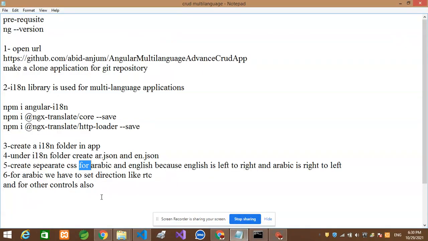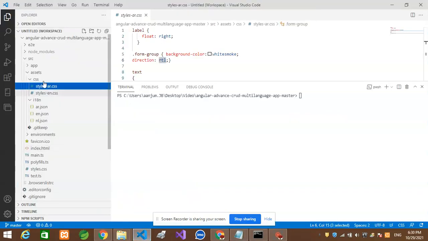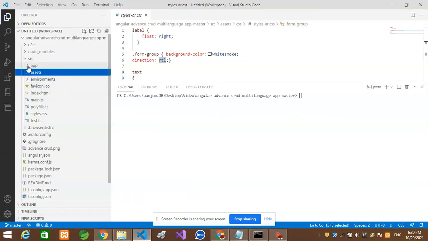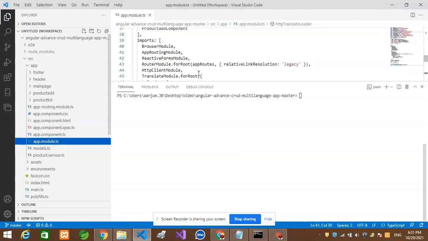Next step is, we have performed step number three. Now step number 7 is import translate service modules. Simply go to app. Under app, this is app.module.ts.